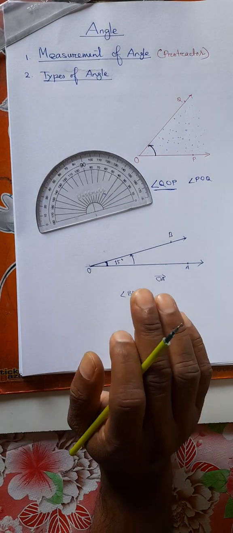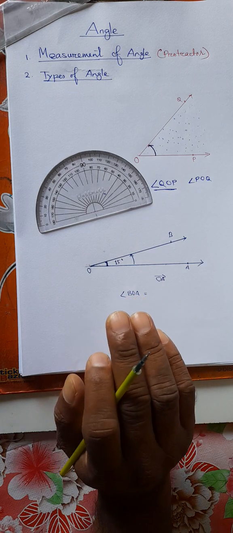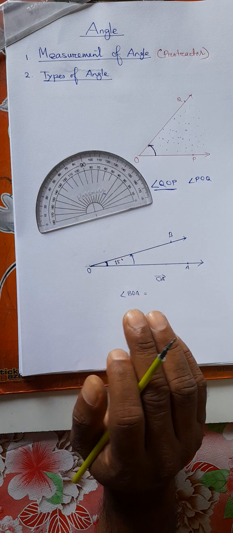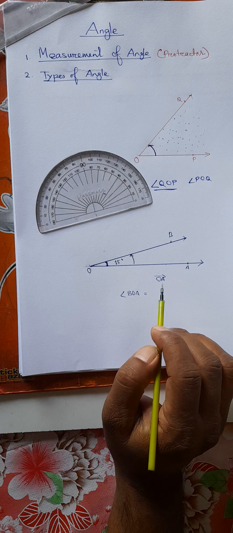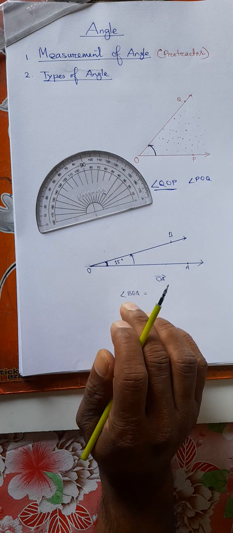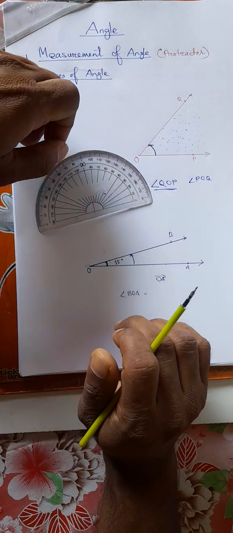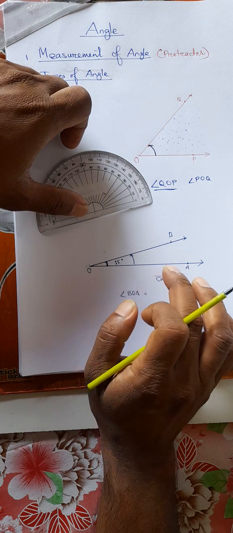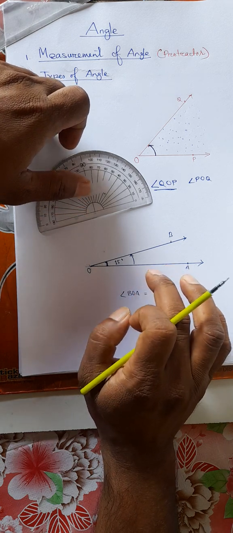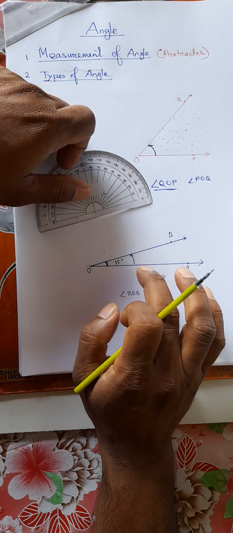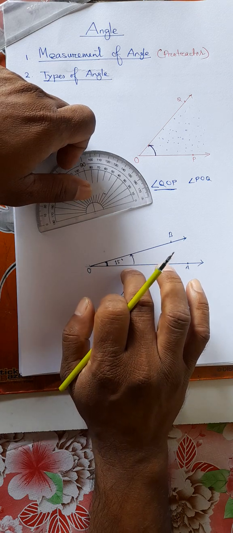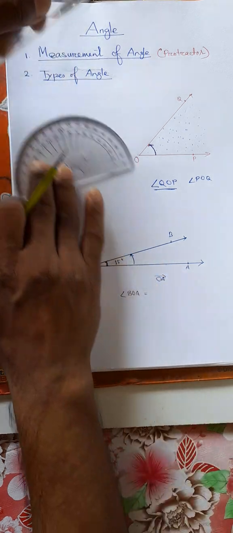A longer line is measured in meter. Similarly, angle is measured in degree. So this measurement means the amount of rotation of the ray from the initial position to the final position. Now let us imagine that